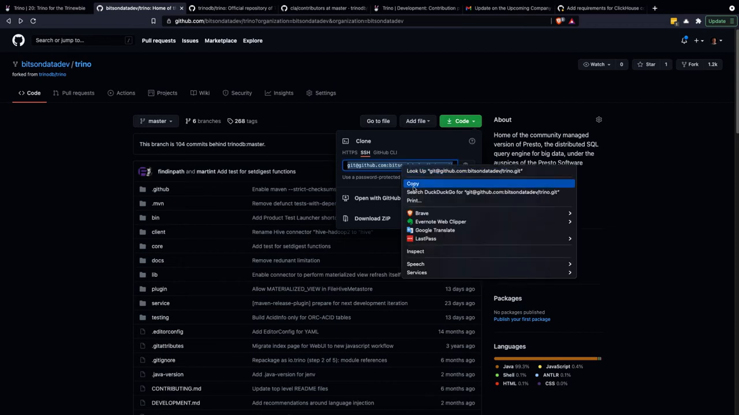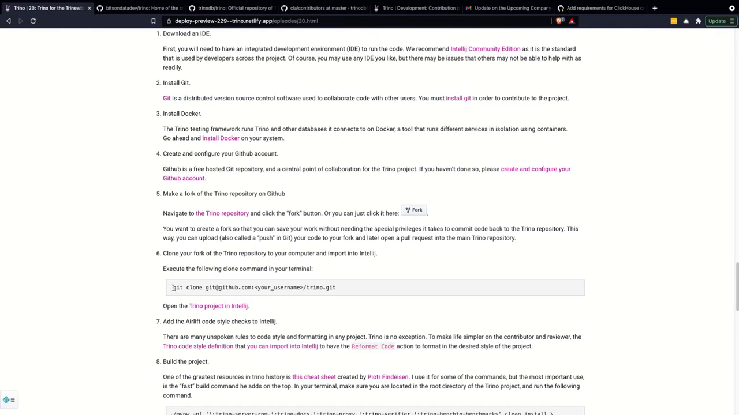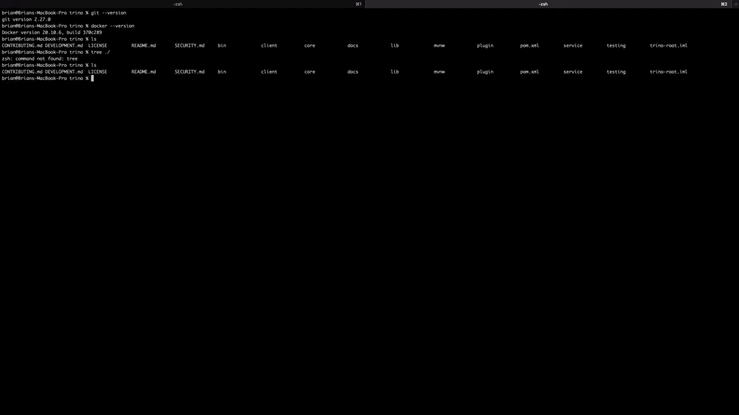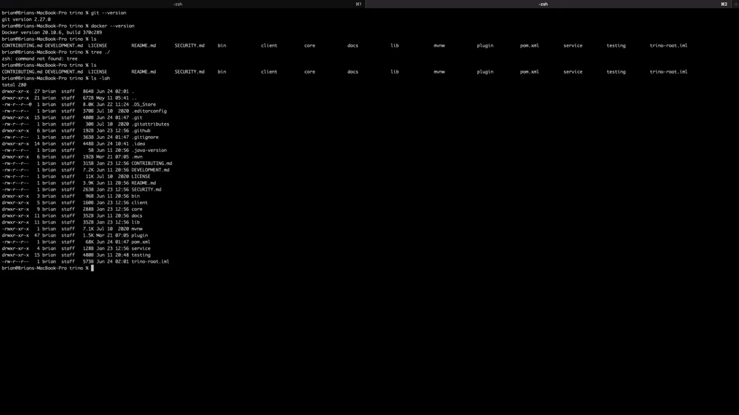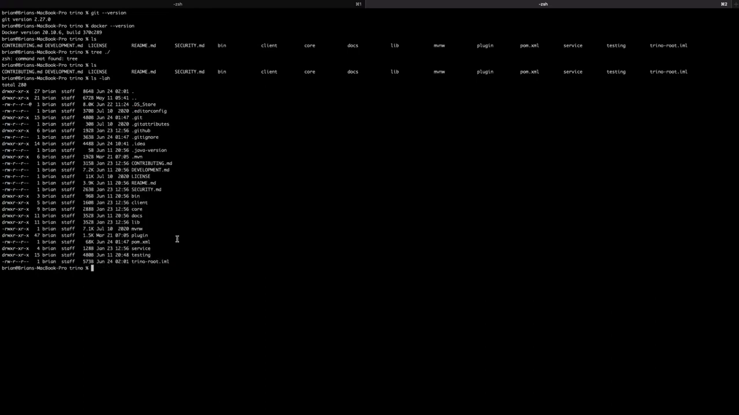So we can copy this over. Again, this is a step that I've already done, but you would just put git clone. We could run this here, and if we look, I've already cloned this repository. Let me just list these out. So we have all of this Trino repository already pulled down, but you would basically just put git clone, and then